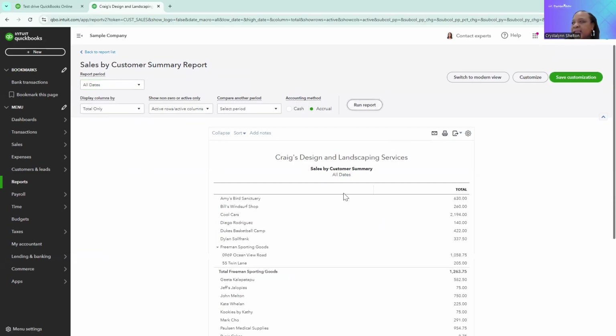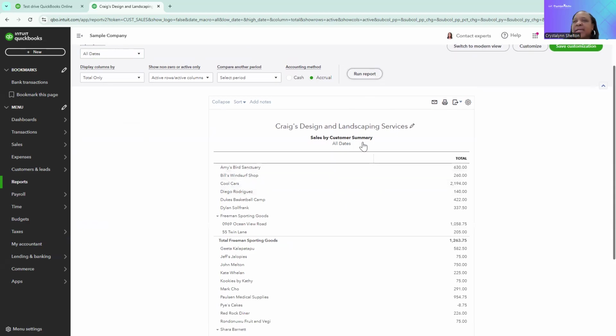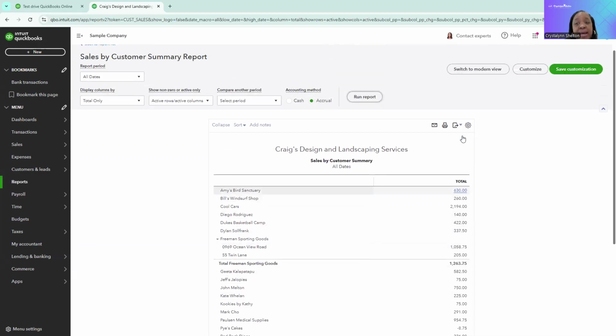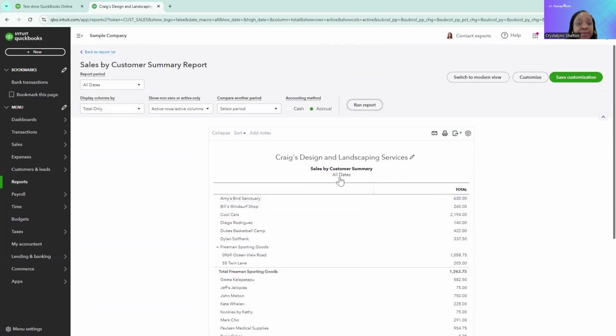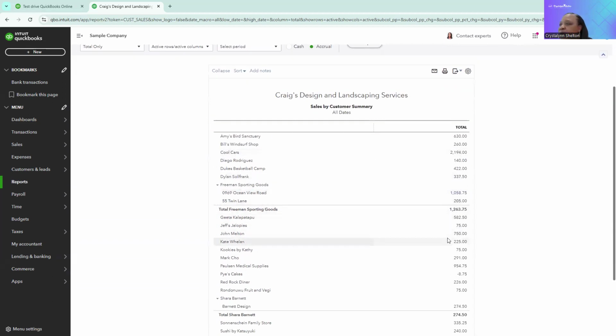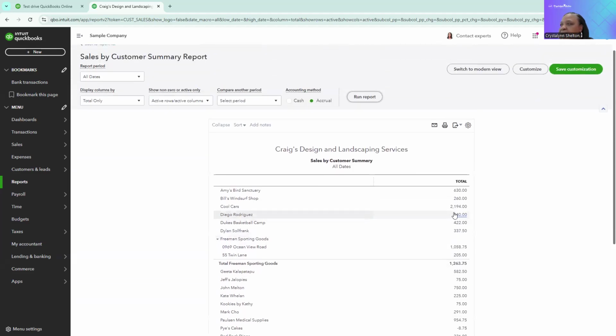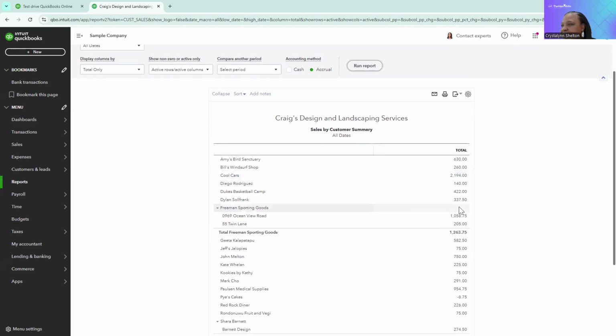Remember, this is a test company that we're using. Sales by customer summary shows a list of all your customers and the total dollar amount that they have purchased from you for the time period that you set. If you do a quick review, you will easily see that the customer that has purchased the most in this particular instance is Cool Cars. They purchased $2,194. And then the second highest is going to be Freeman Sporting Goods, right? They've got 2 different locations, but their total is